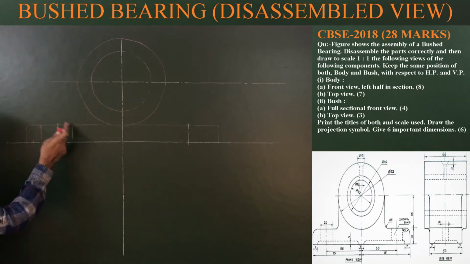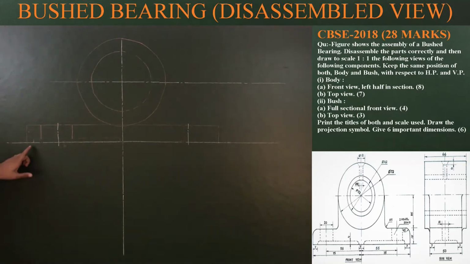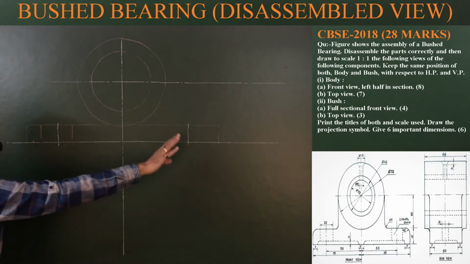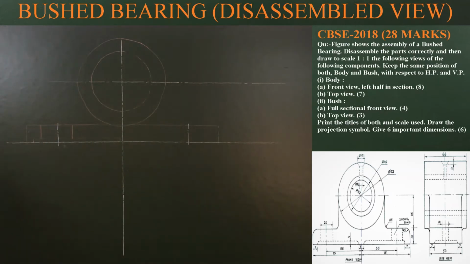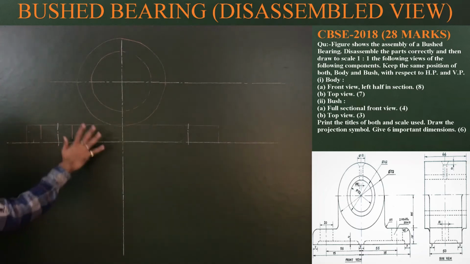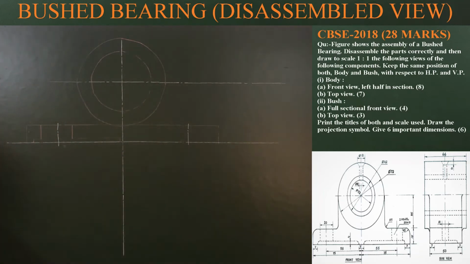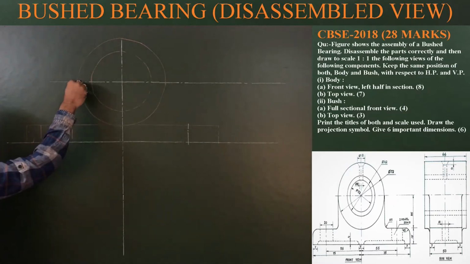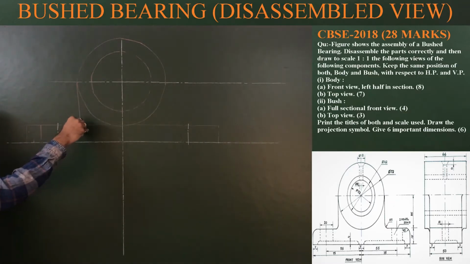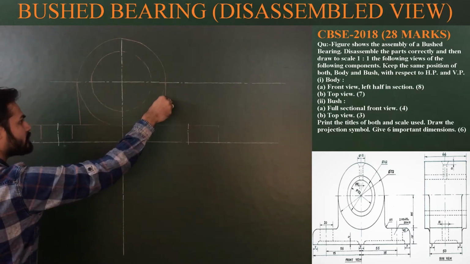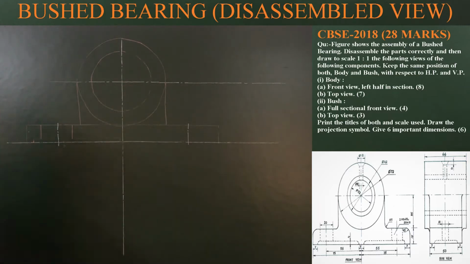Now for the bolt hole and rectangular cavity, we don't have to show these limits or lines or hidden lines on the right side, because in a sectional view we don't have to show hidden lines. So it's not needed to draw all these things on the right side, because ultimately we don't have to show them. Next, from this point draw a vertical line, and again from this point draw a vertical line up to the base, and then the oil hole.